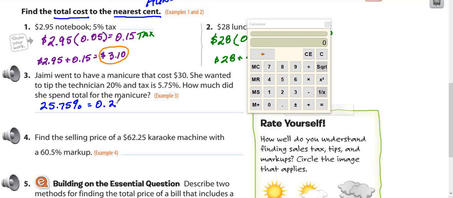which as a decimal is 0.2575. We don't round, by the way. We don't get rid of the 75 at the end of this yet. We wait until it's the money, and then we get rid of it. Let's take the $30 and multiply it by 1. That's the cost of the manicure itself. Plus 0.2575, that's the tax and the tip. So 30 times 1.2575 gives us